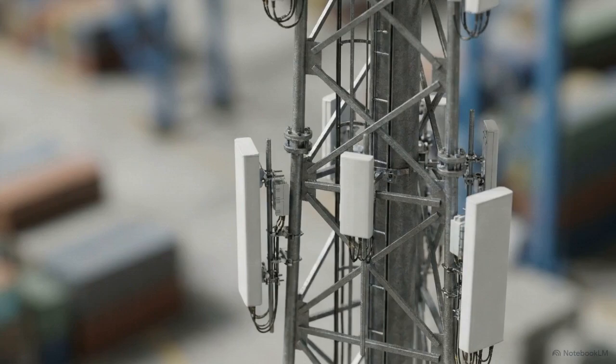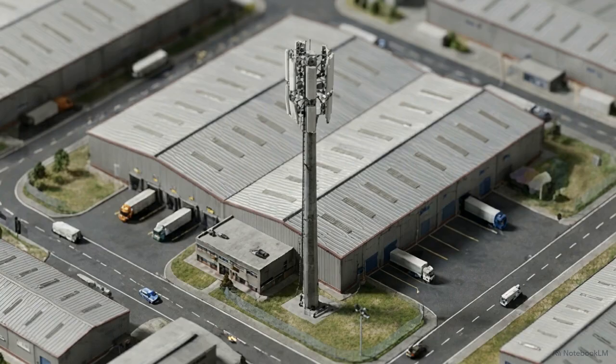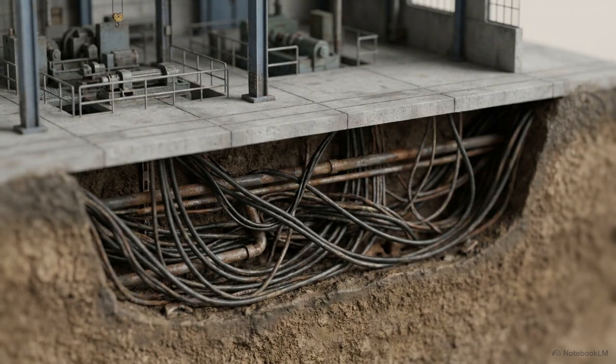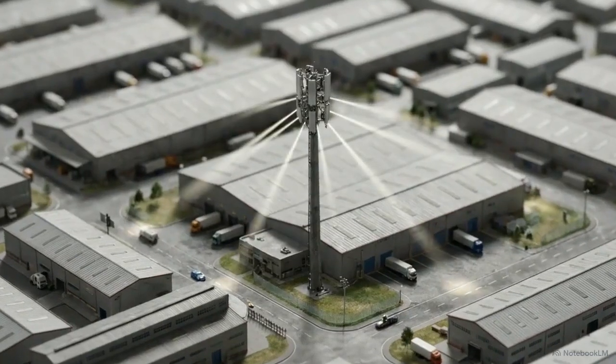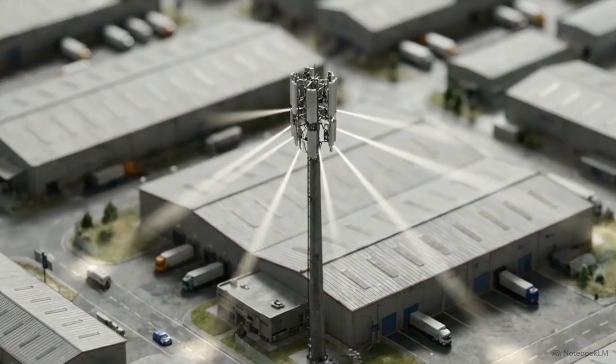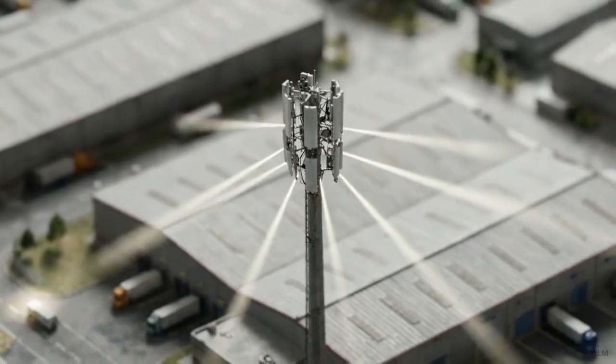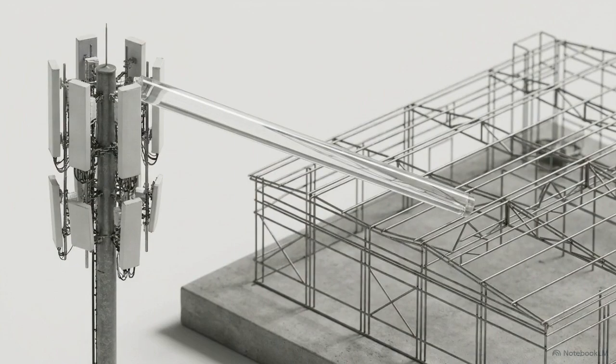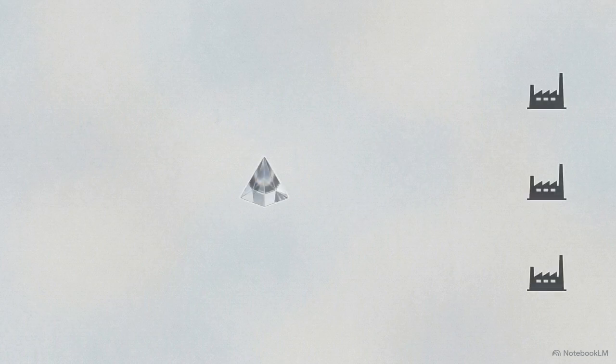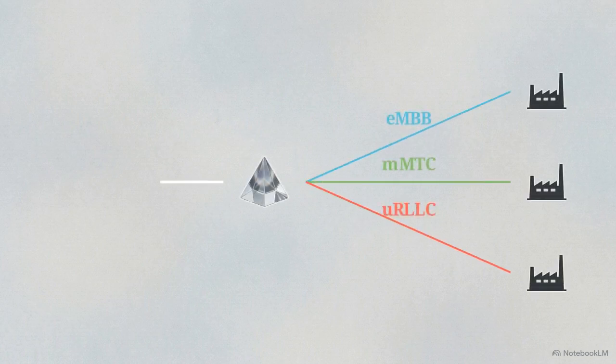Zooming out from the mechanics of the cell tower, we can view the macro impact on a modern smart city or sprawling enterprise campus. Historically, securing and scaling a massive industrial site required laying miles of physical proprietary cabling, like Ethernet or CAN bus. Watch as the web of underground physical cables dissolves, replaced by targeted glowing beams connecting directly from a central tower to the buildings. This architecture is known as last-mile fixed wireless access. By combining massive MIMO beamforming with network slicing, enterprises replace physical infrastructure with over-the-air connections capable of carrying secure, gigabit-level loads.